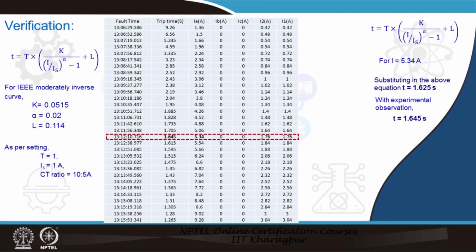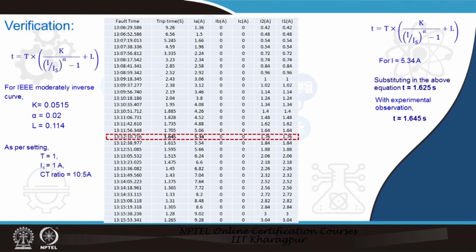The phase A current, phase B current and phase C current: we have not injected any phase B and phase C current, as we have seen in the circuit. This relay is a 3 phase relay, the phase relay, not the ground relay we are testing. So, one of the phases, particularly phase A here, has the fault current. Therefore the phase A to ground fault analysis holds good here, and in that case the positive sequence current, the negative sequence current and the zero sequence current are the same.